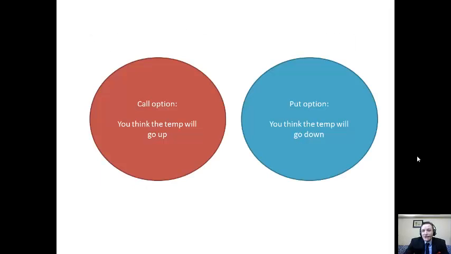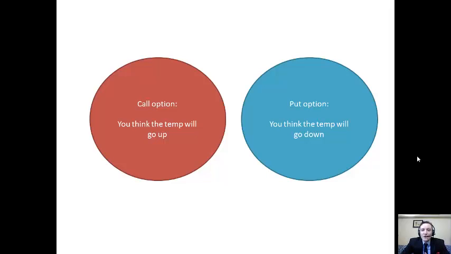The put option is simply the opposite of the call option. If, for example, you believe that the temperature is going to go down, then you buy the put option. It says, for every 1 degree downward the temperature goes, I owe you $100. Same idea, except instead of temperature, we're actually talking about stock. So those are the options, the only really two options you need to understand, because they're the only two options. You got a call option, you make money if the stock goes up. Put option, you make money if the stock goes down.